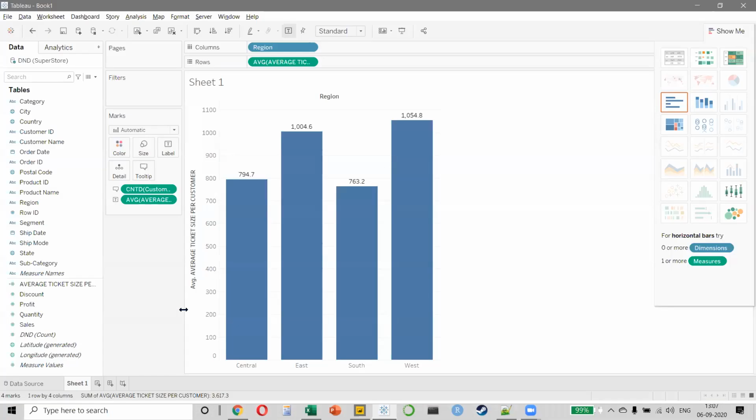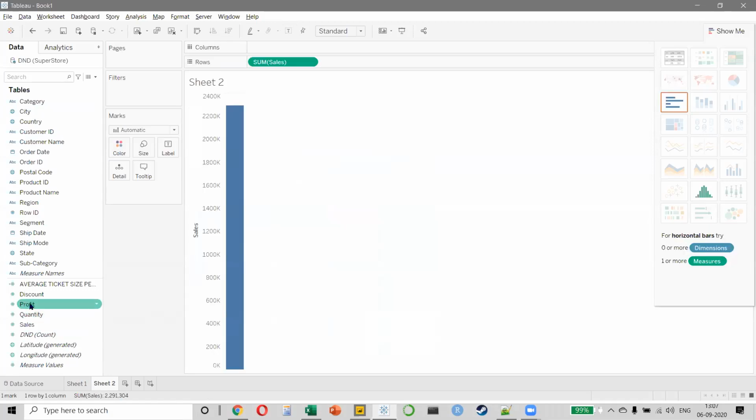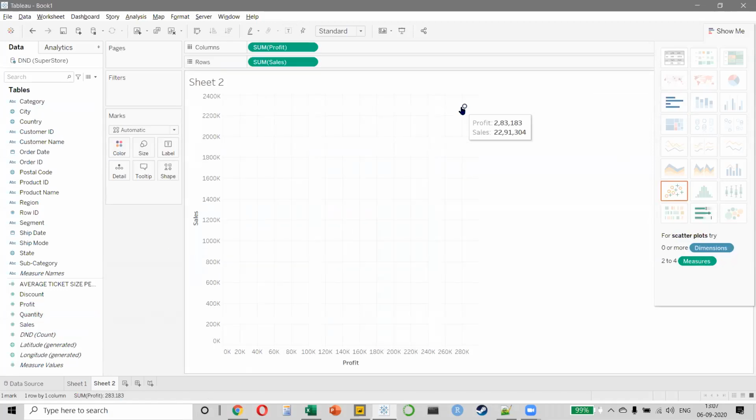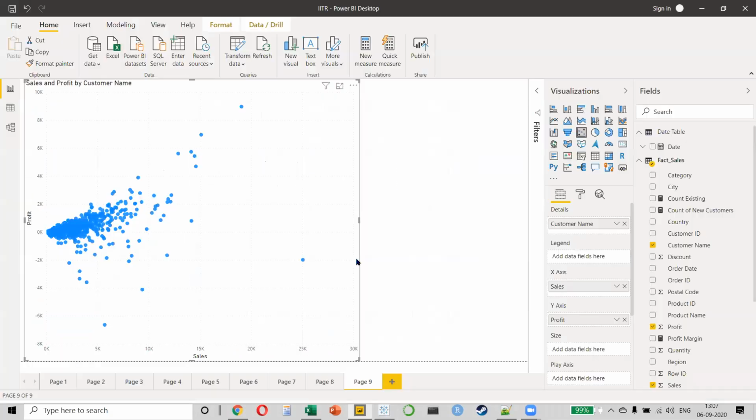Let me work on it side by side, okay? So I'll do the same thing on Tableau also. So I will first select my sales and my profit and make this into a scatter plot. So again, we get the summation here, but we want to put our customer name in detail, and this way it will make a scatter plot. So if you notice, same thing. It looks a little different, but it's the same result.